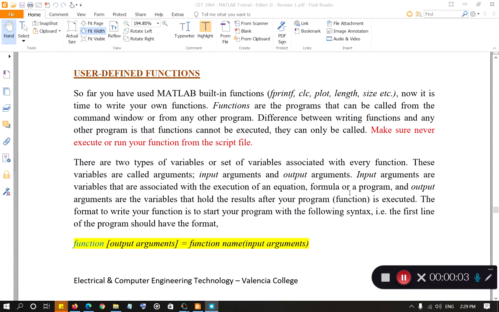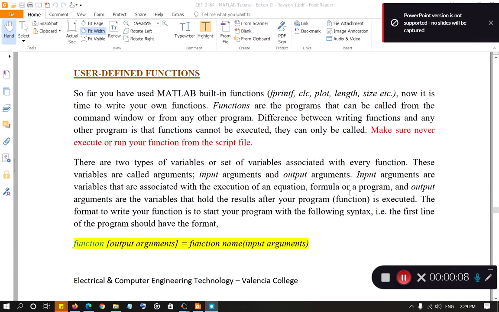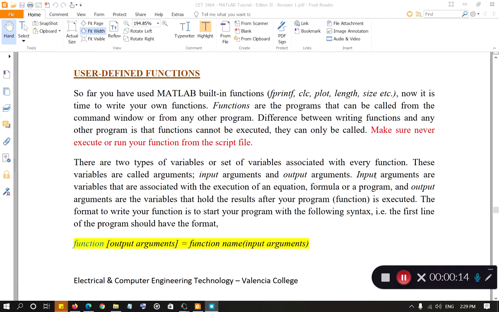Let's discuss user-defined functions in MATLAB. You have used many functions in MATLAB so far, including fprintf, input, sine, cosine, log, and so many other functions that you use very frequently in pretty much all the scripts. The benefit of writing a function is that you can embed your function, which is a program that you're writing,